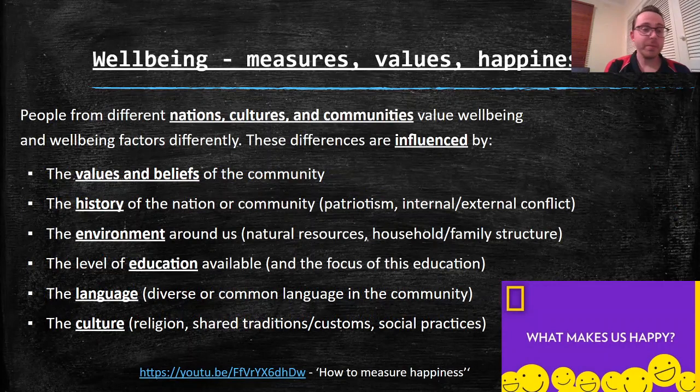So, people from different nations, cultures, and communities all value well-being and well-being factors differently. These differences are influenced by a number of things, including values and beliefs of the community, the environment, the language, the culture of the region. If I talk to any of you in the class, which is hopefully going to happen at some point this term, the person sitting next to you will probably have a different opinion about most things. They will probably value X higher than Y, and you might disagree with them. So they might value education over money, whereas you might value getting a high-paying job over spending time with your